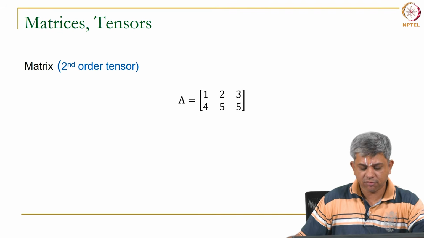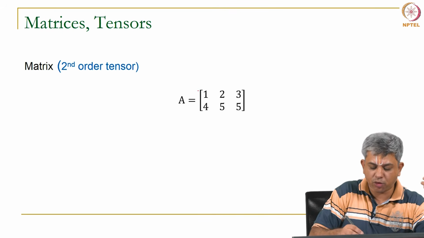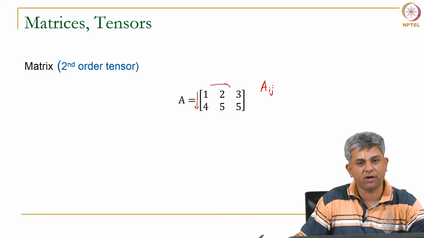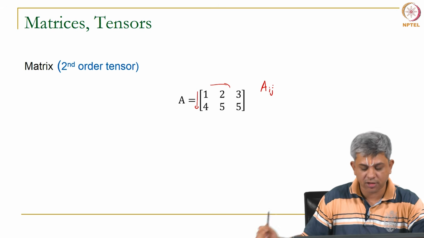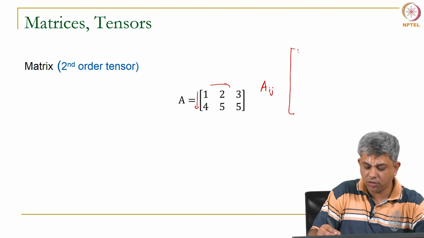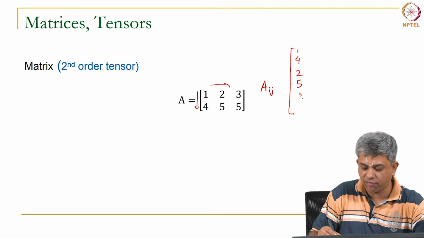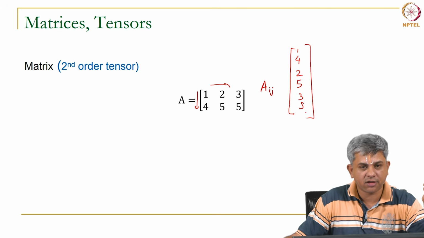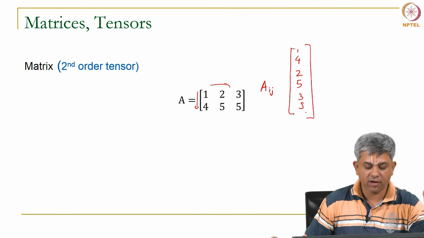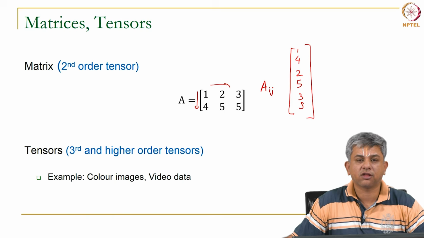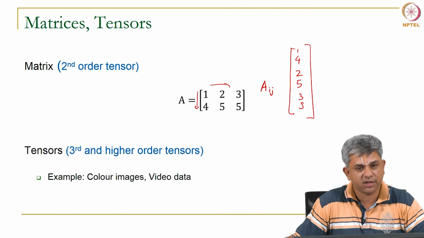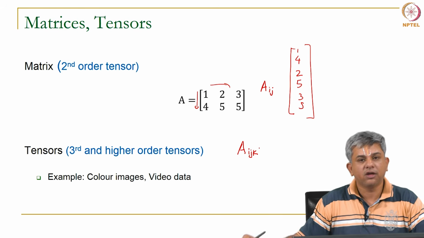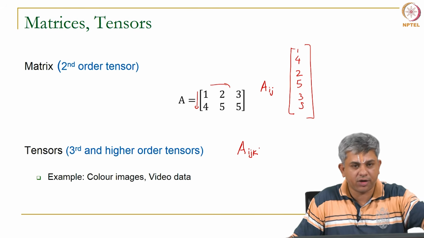We have matrices. This is a matrix because it has both the length and the breadth, and I would typically call this Aij as a particular entry. If you want to think about dimensions, you can unroll this into 1, 4, 2, 5, 3, 5 or alternate ways. Then you can think of this as a 6 dimensional vector. Okay. You can even think about it this way. Now, tensors are third and higher order tensors effectively. Basically, you will have, as I said earlier, A, I, J, K, three sets of components effectively.